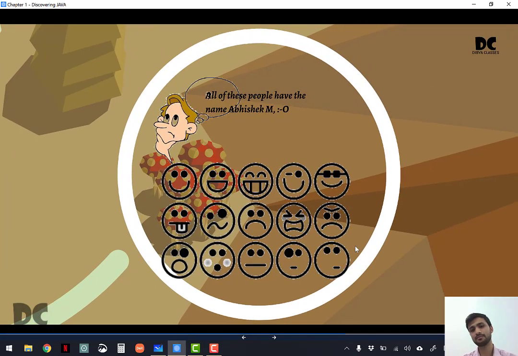So let us understand by another example. You have your birthday and you've invited many of your friends, almost the whole school, because it is your 15th birthday and you want to celebrate in a grand way. From the whole class 9 or class 10, you called your friends and there is a big party in your house, and you know that Abhishek is a common name, and there are 15 Abhisheks right now in your house.